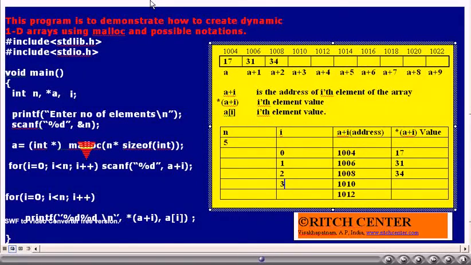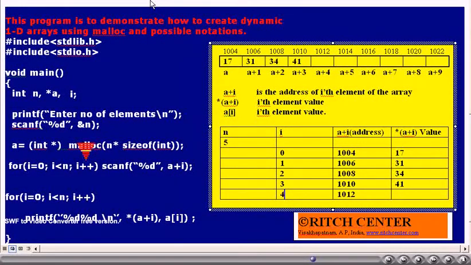I value will be incremented by 1. Is I less than n? Yes. We assume that the user has entered 41. This 41 will be stored in address 1010. That is, the fourth element of the array becomes 41.